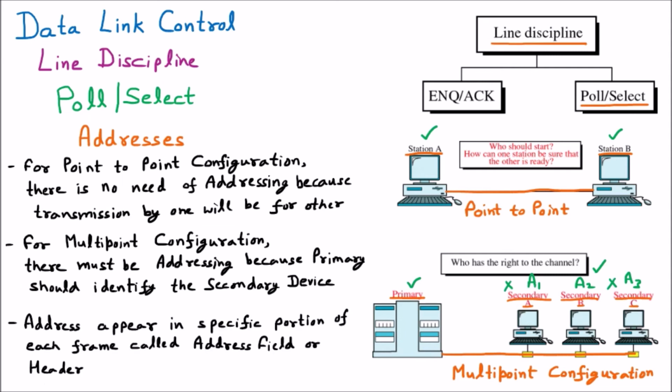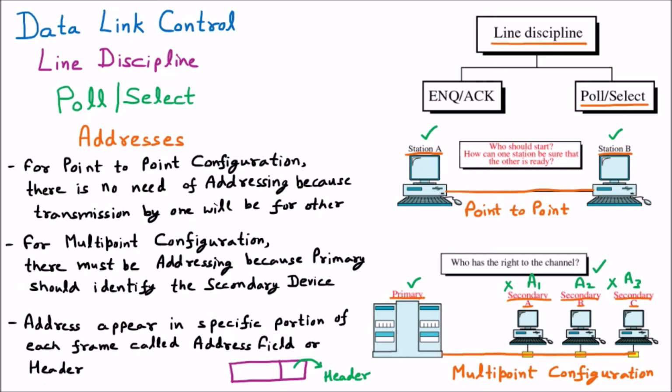Whenever we are sending frames, in that frame we reserve a specific portion. This specified portion is called the header. And this header contains all the information, like where it is going, meaning the source address and destination address, and it also contains the address. So the address field is specified in the header portion. So this is the complete frame, in which a specific portion is the header, and that is where we have the address. So the address is required in the multi-point configuration.